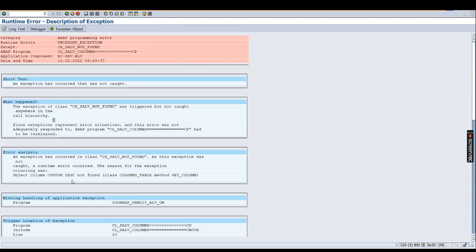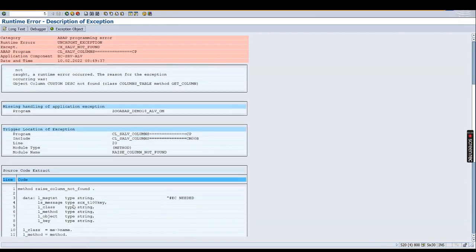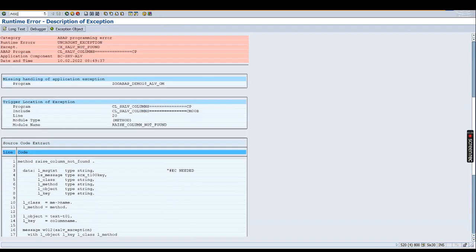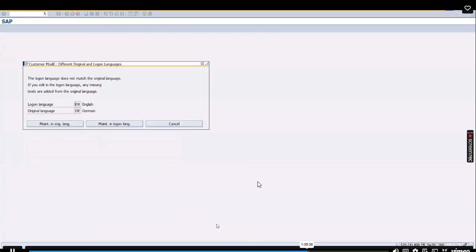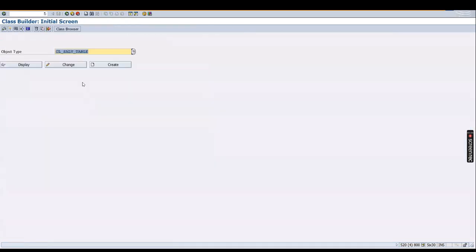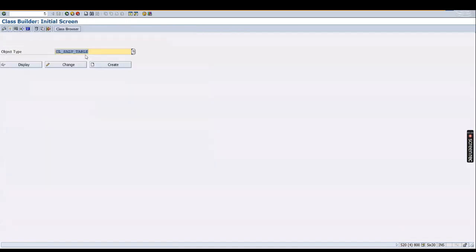Exception has occurred. CX_SALV not found. It may not know which field you are talking about. That's right. You need to pass the field name and then say what the text is, right? Field name we have already passed, no? Yes, please tell me. We have to get the column reference as you specified for the hotspot property, right? Similar way, you have a set medium text, set short text that already exist in that